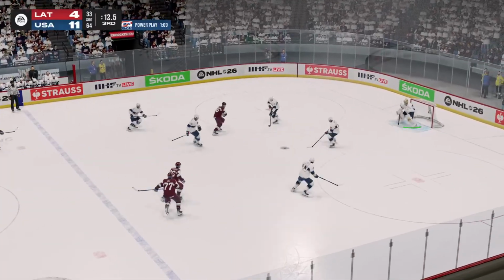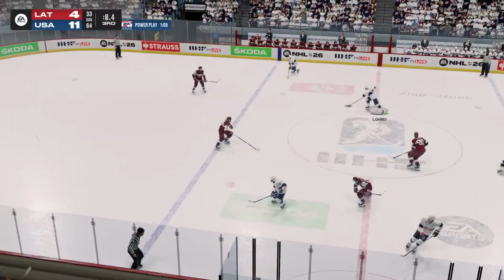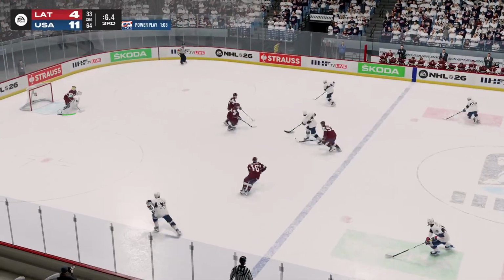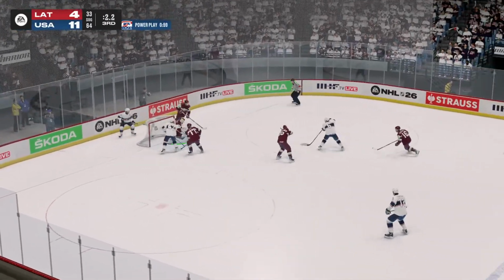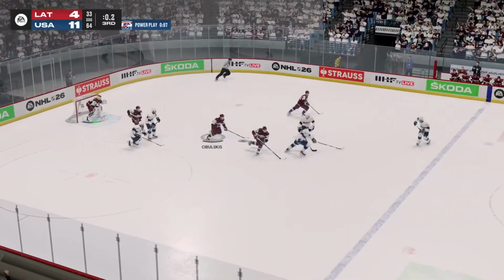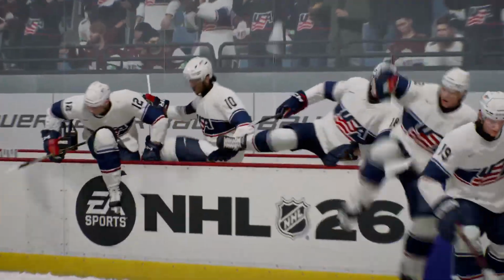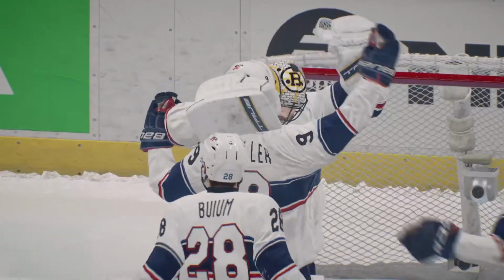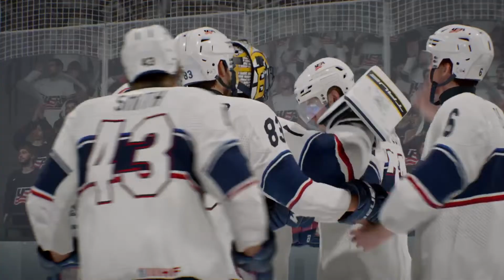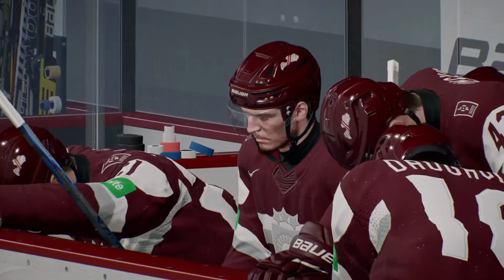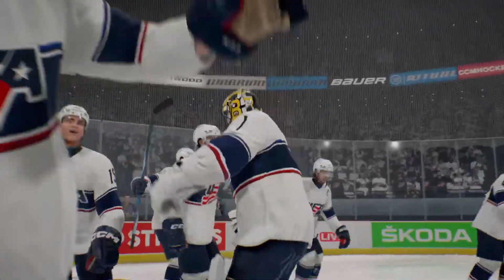Batna looking for some pride as he tried to send it in on net. Laurie cuts it off, and we'll get the final countdown here. Keller out in front, another try for the United States, and that'll do it. Team USA moves on to the semifinal as they dominate Latvia. And they congratulate their goaltender in between the pipes, who was excellent tonight. Jeremy Swayman, another win in this tournament.